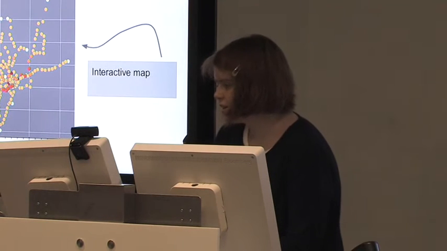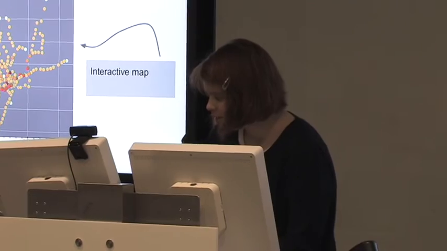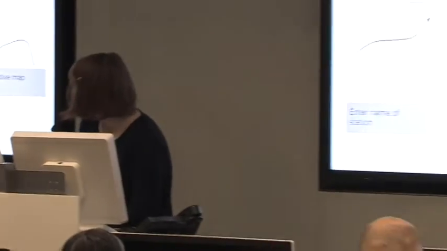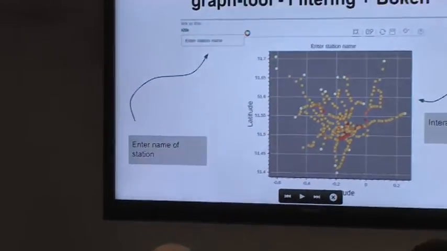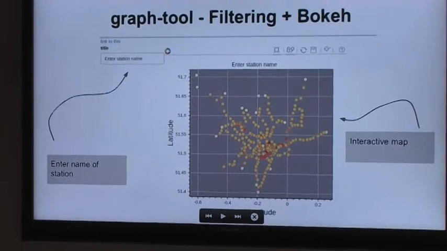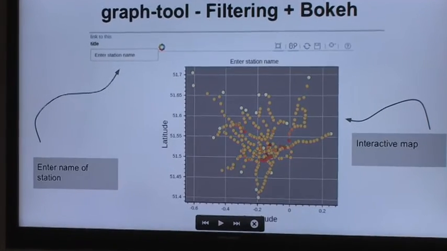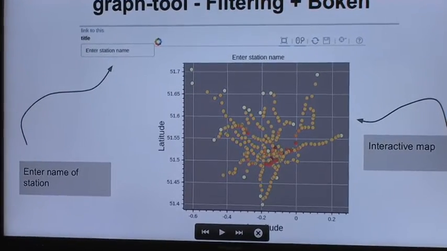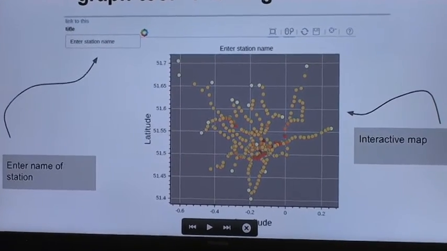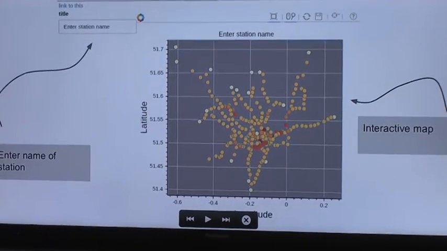So this is what it might look like. You can make an app with a map of the London Underground, which is colored by betweenness centrality to illustrate the most critical stations. And then you can have a small text box where you enter the name of the station and then it's masked as if there would be a signal failure at that station and no one could travel there.